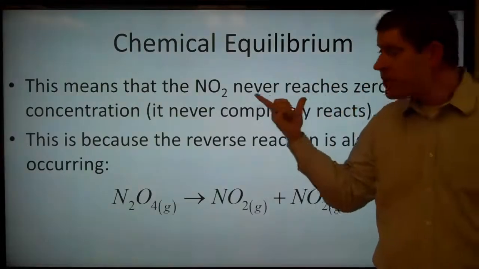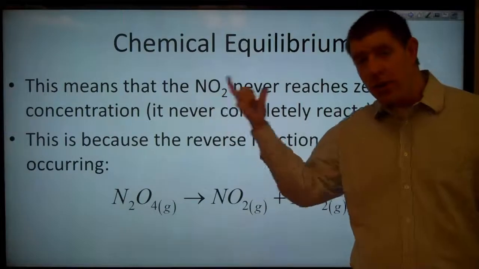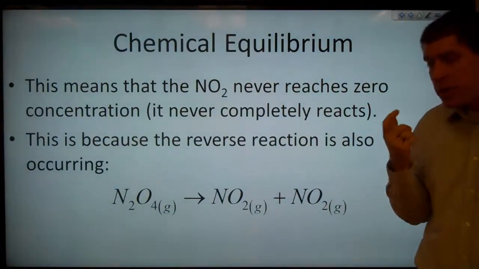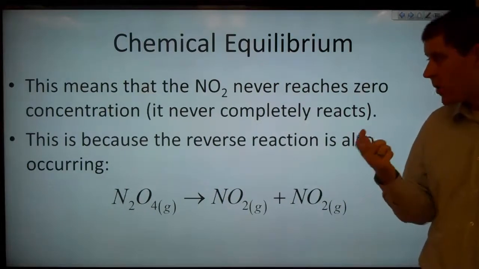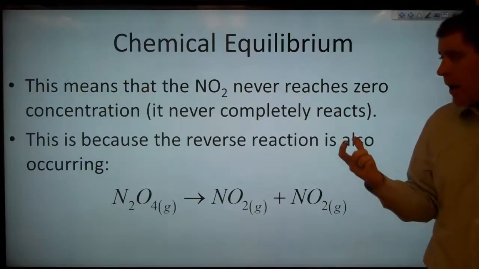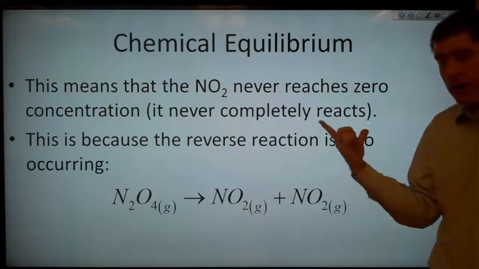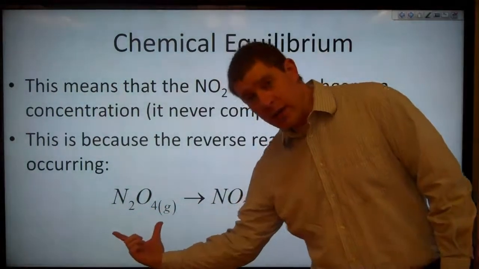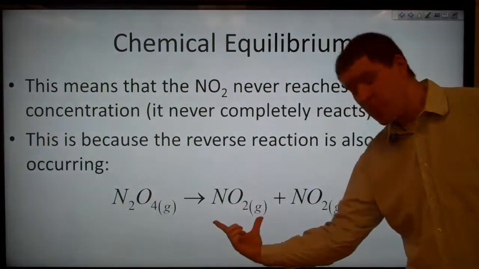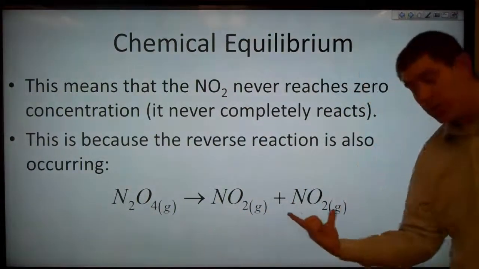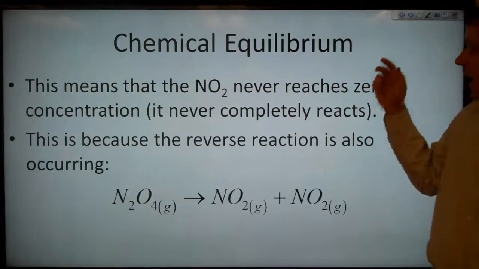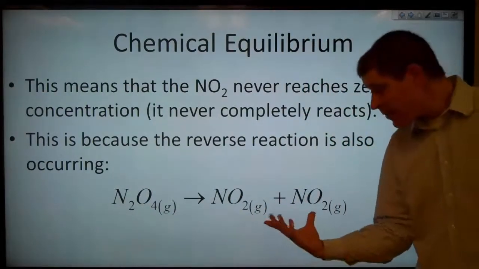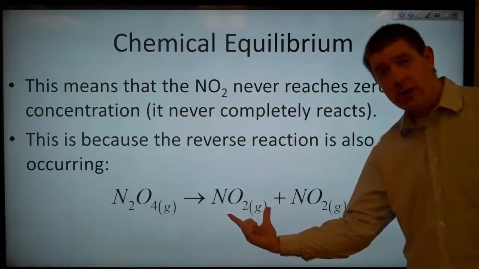So again, this means that the NO2, the nitrogen dioxide, never reaches zero concentration. It never goes all the way away. And this is because the reverse reaction also occurs. We can have the dinitrogen tetroxide decompose to give us back some NO2. In this case, we're getting two of them. And if this reaction is occurring at all, that means we can't ever get rid of all of our NO2